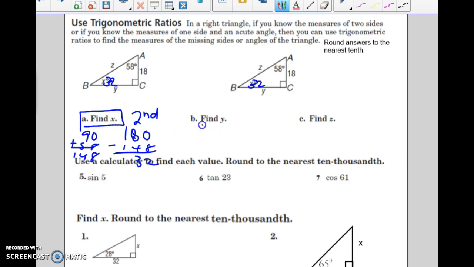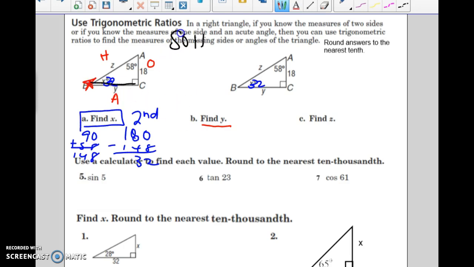Now they want me to find y. So my question is, in order to find y, where do I put my star? Doesn't matter. Where would I not put my star? C. On C. Very good. I cannot put it on the 90 degrees. So let's start here. Let's put it right here. Let's label our sides. Now we know how to, right? And now what I'm trying to find is y. So I'm trying to find my adjacent.